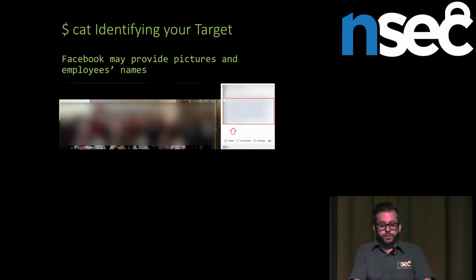I'll give you a perfect example. This is actually a real screenshot from a real client. That was a fairly new company, so they didn't have many emails that were leaked in data breaches and stuff like that, which is a good place to find a couple of emails for your target company. However, they were really active on Facebook, so they were posting pictures in their office with a bunch of people, and they tagged every single employee in the picture. Finding the email pattern is usually something simple. You need to find one or two, and you're going to understand that this is their email pattern.